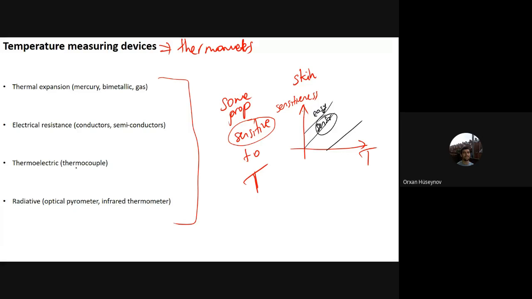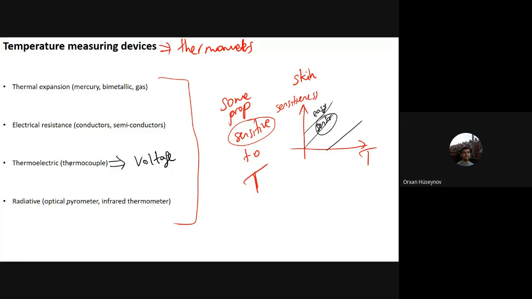And the third property that we are looking for is also called thermoelectric or thermocouple. This is also very famous. So here, you have the voltage. You will see it in some minutes. Some metals or materials have sensitiveness to temperature, but the result is voltage. So you will have the production of voltage. And some are radiative